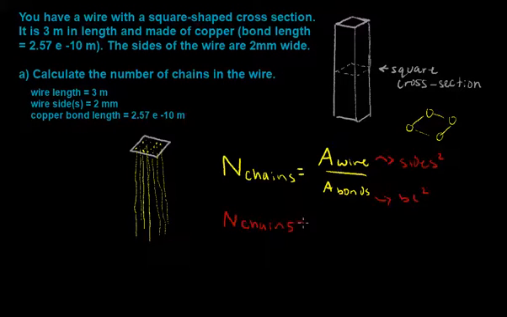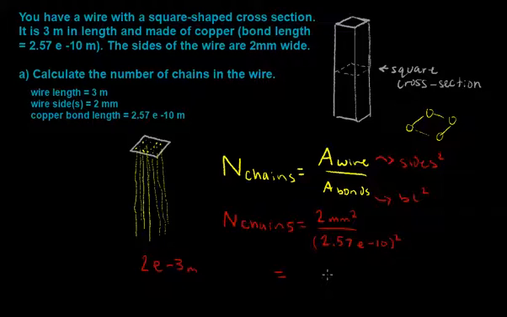The number of chains is equal to 2 millimeters squared divided by, we're going to put that in a parenthesis because this is a big number, 2.57 times 10 to the negative 10th squared. And we can just calculate this. And lest we forget, 2 millimeters has to be turned into a meter value because dividing millimeters by meters is not going to give us a straight answer. So 2 millimeters is just 2 times 10 to the negative 3 meters. So we just square this value, divide it by 2.57 times 10 to the negative 10th squared, and we get